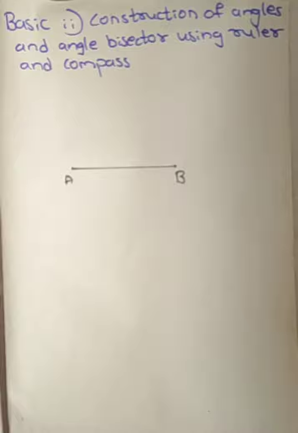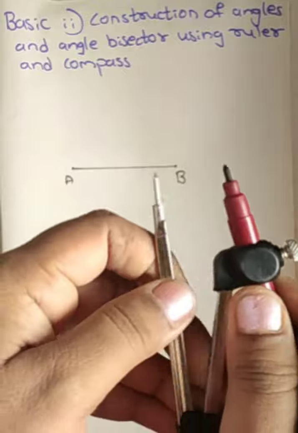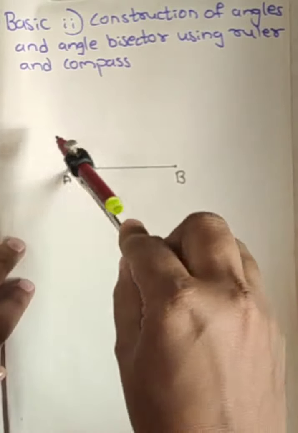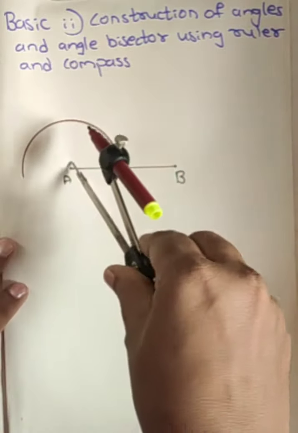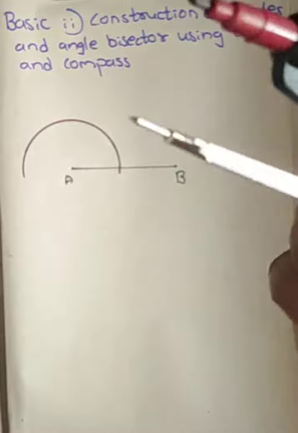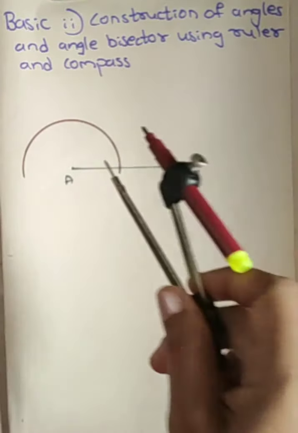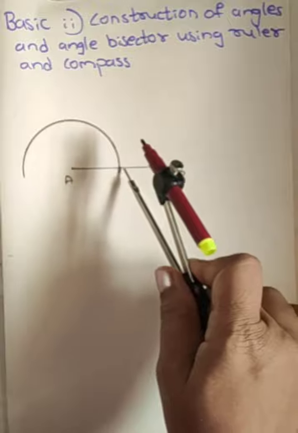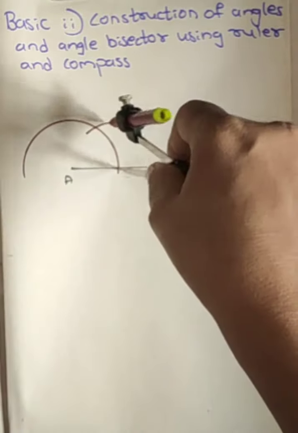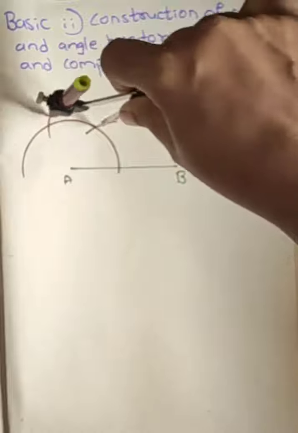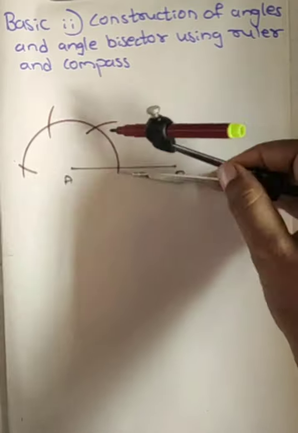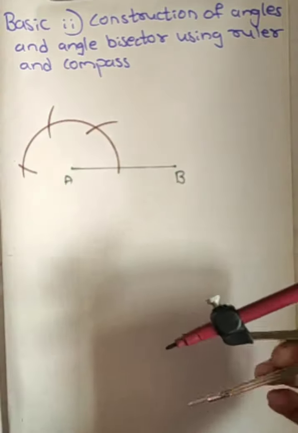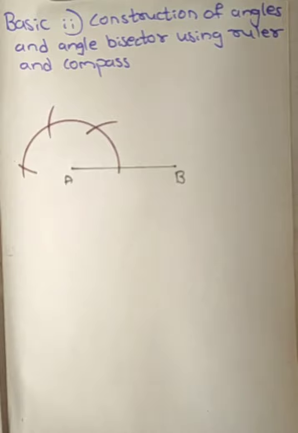So first I will show you how to draw 60 degree. Now take a measurement of whichever you want. Now draw a semicircle here first. Now you should not change the measurement of this semicircle. So you should draw 3 arcs here. This is first arc, second arc, third arc. Each arc will be measuring 60 degree. Join this first one.